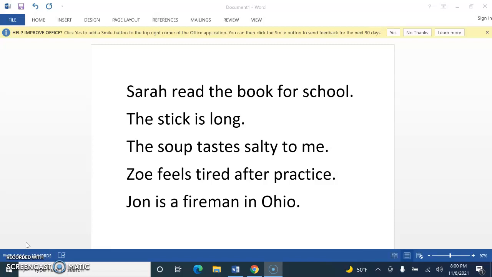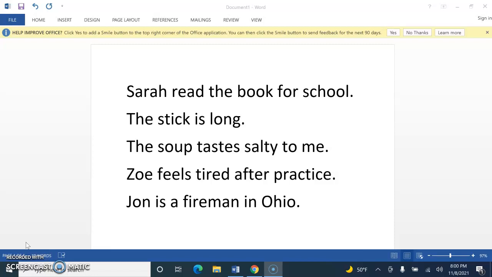Number 9, the canyon seemed bottomless in the fading daylight. Okay, seemed was one of those words that was in the purple bubble that said it can also be used as a linking verb, and in this case it is because the canyon cannot do any action. So the subject is canyon, seemed is your linking verb, and what word is being linked back to canyon? It's bottomless. It's a describing word describing canyon. So there should be an arrow going from bottomless back to canyon.